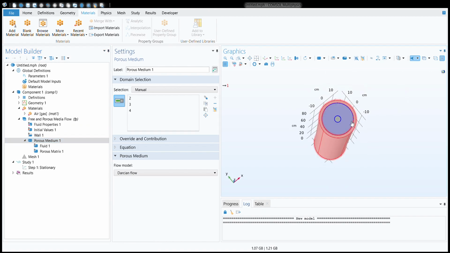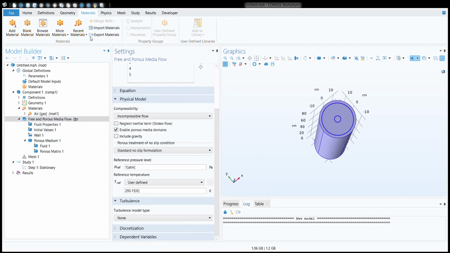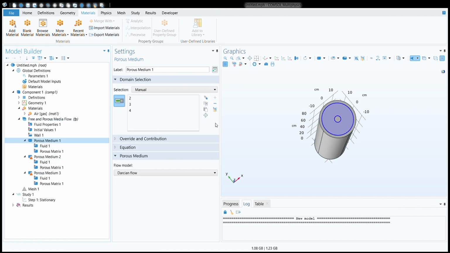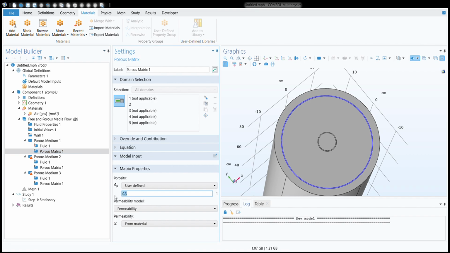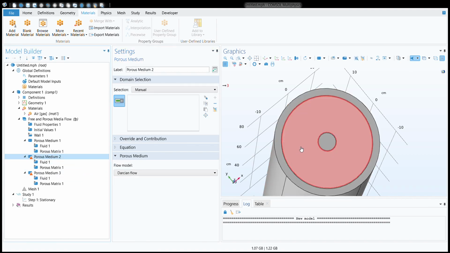If we want to define three different porosities, we have to add the porous media 3 times. So we will add 3 times. For the first porous medium, we can choose the outer perforated sheet, annular perforated sheet, and define its porosity as 0.15 void fraction. Then we can choose the second porous media, that is a packed bed, and we can define